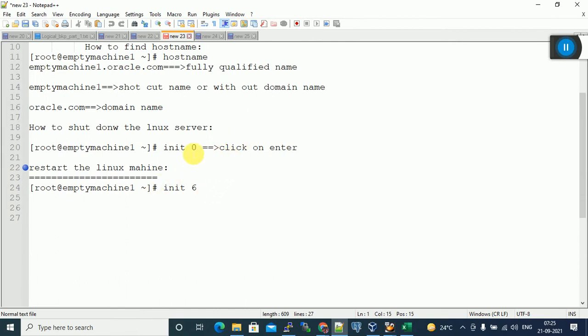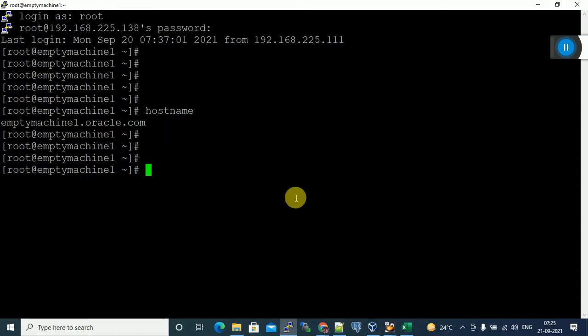So you know how to shut down the Linux machine and how to restart it. init 0 will shut down the Linux machine. If you want to restart, init 6, init space 6, it will reboot the machine.